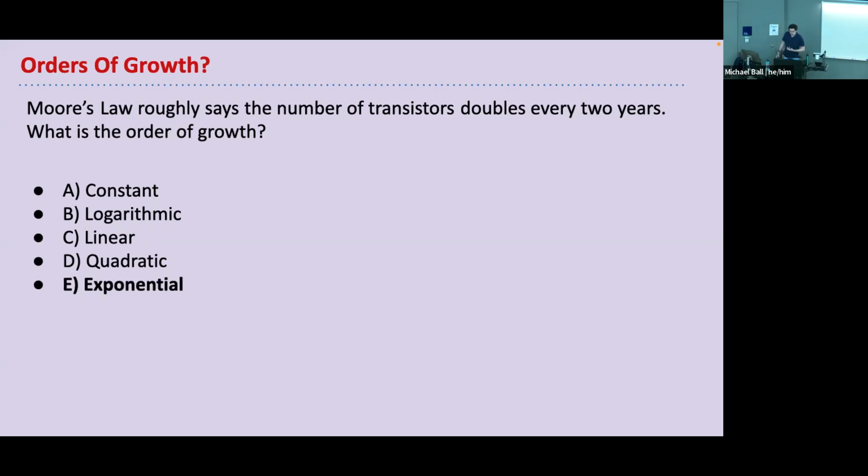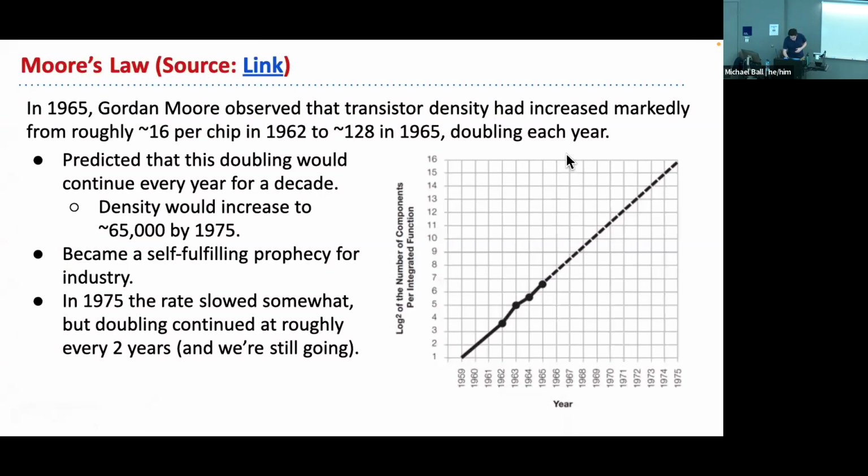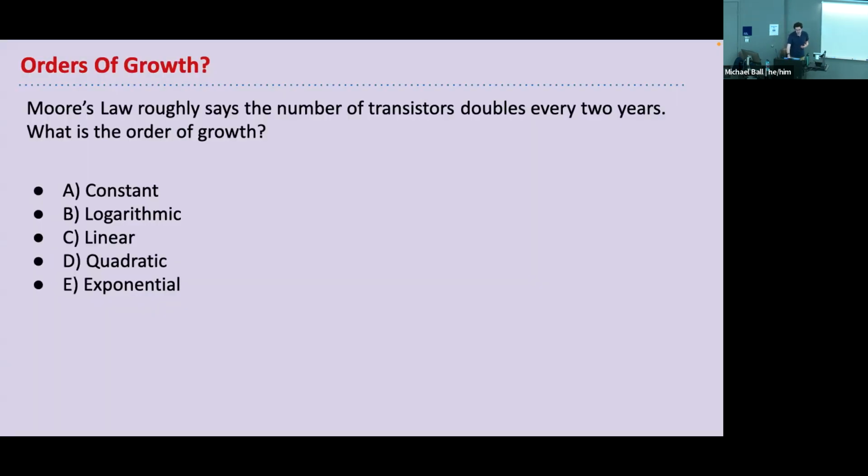The correct answer in this case is E, that this is an exponential pattern. And if I actually go back over here, this graph is lying a little bit because the scale of years is compressed, where it's not a perfectly linear plot. But doubling every 2 years means that it's not linear. So I need to add, I didn't have time, but I will go back and add a perfect exponential